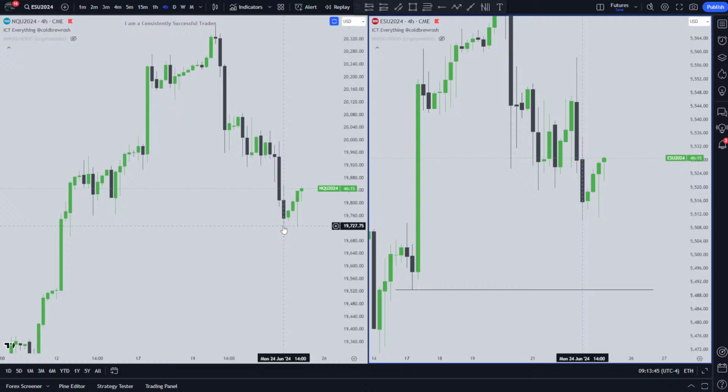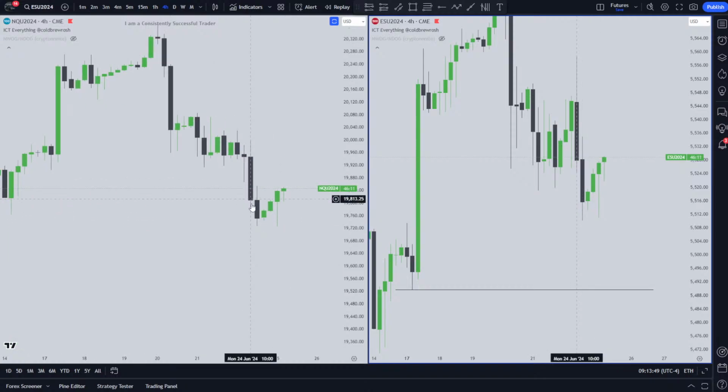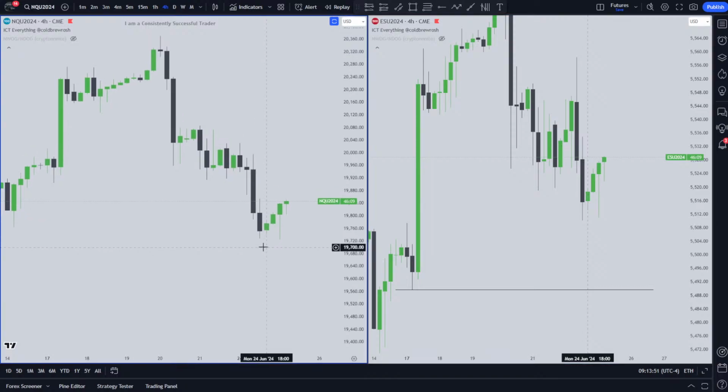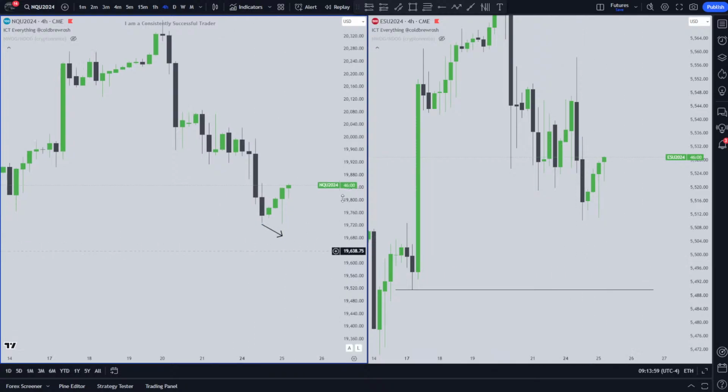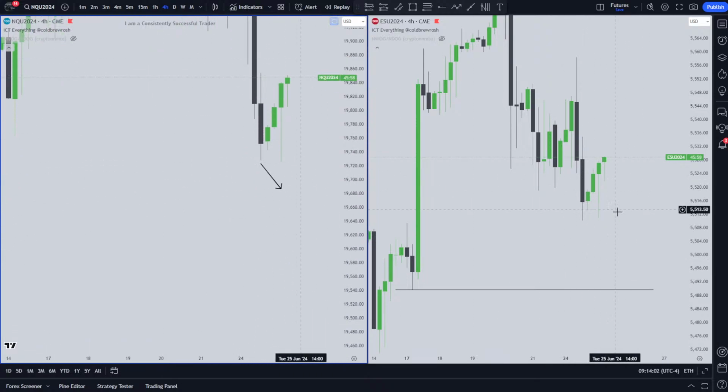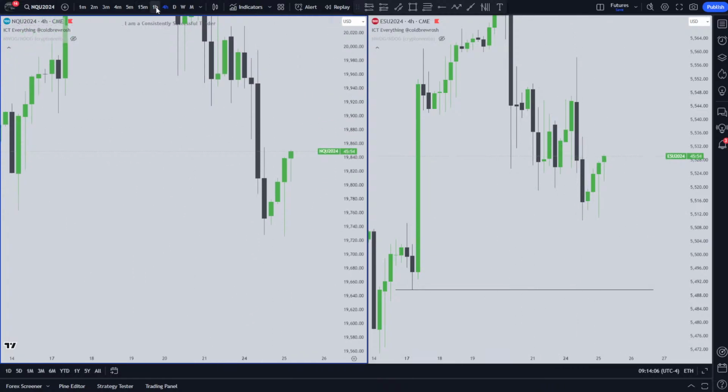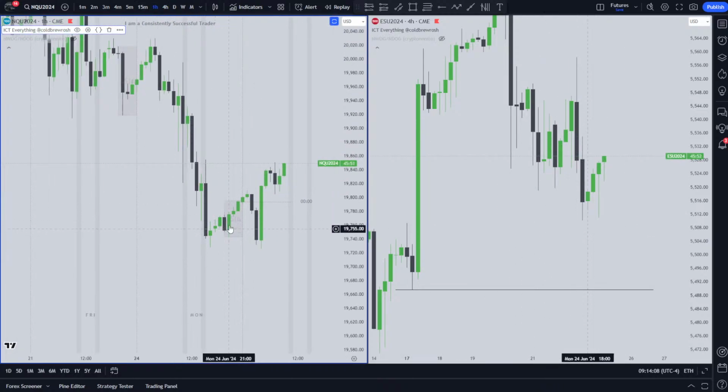Monday, in our higher time frame point of interest, Monday opened, dropped lower, and then start of Tuesday London session swept this low, creating SMT. Okay, because that low is lower than that low, right? Like it got swept, whereas it didn't do it on ES. And we've had a strong expansion higher. So hourly, we've got a breaker here, which we've already used and retested.